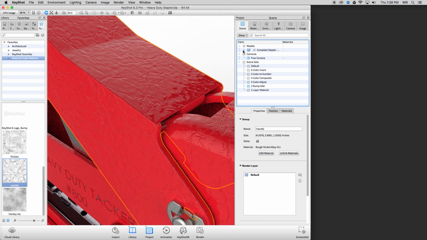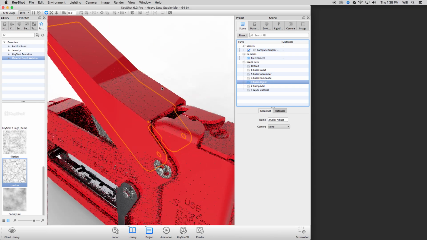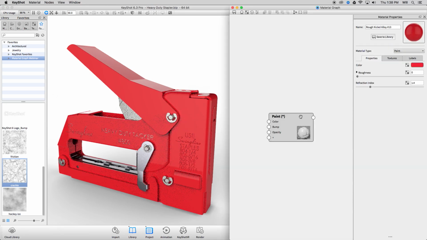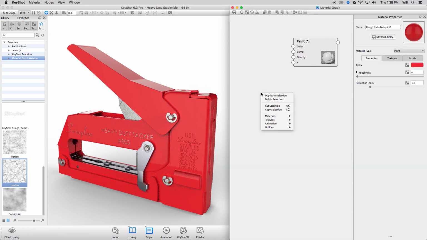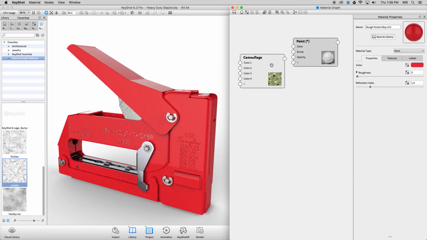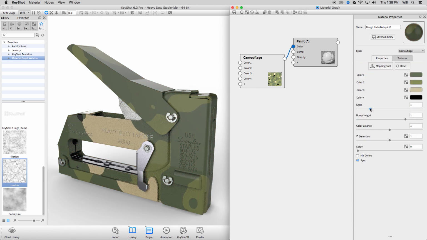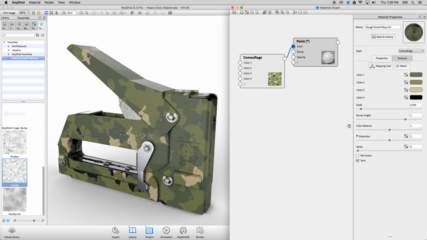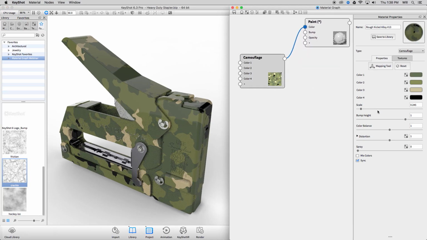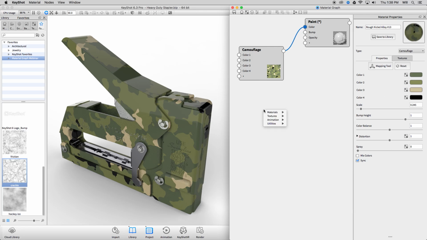The next example I want to look at is a color adjust node. So here, if we were to open up our material graph for this material, again, starting with a plain paint, we can access our textures, and in this case, just like in my previous example, if we had a camouflage and we plugged it into color, we see all sorts of green splotches on our stapler. And the reason I wanted to use this is there's a lot of different colors in here and some good contrast. Well, if we wanted to make edits to this without really adjusting the texture, we can grab a